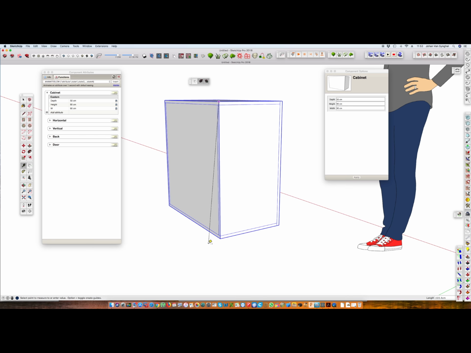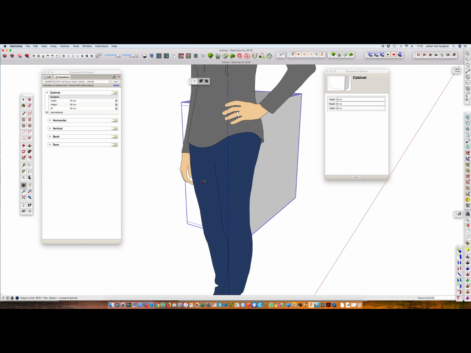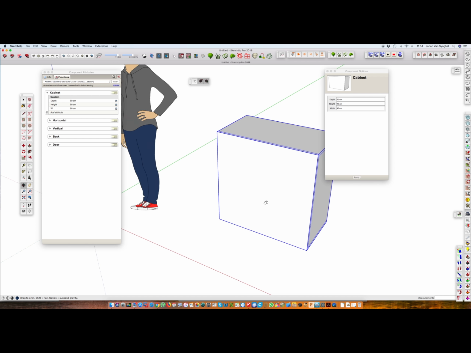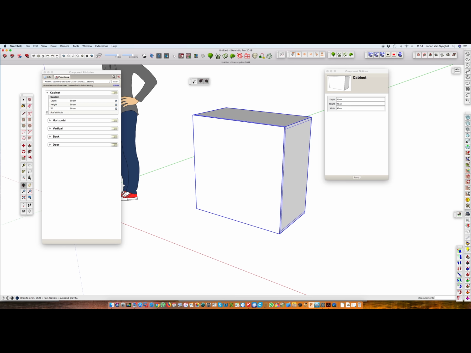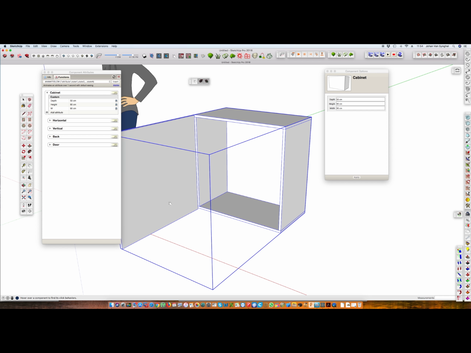Look, 90, yes. Depth 60, 50, yeah, that's okay. And now it is finished. It is done. So I have a cabinet where I can click on the door and the door goes open. I click on